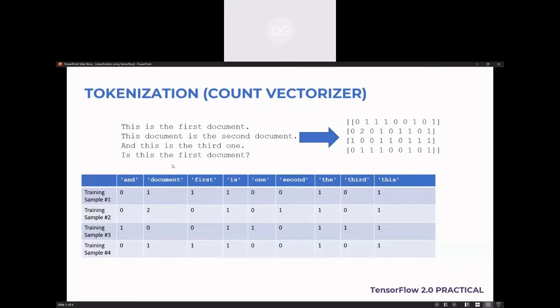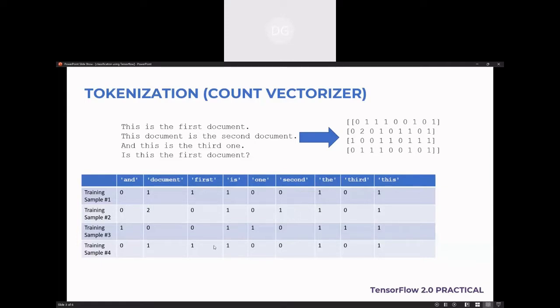Then it will go for the second sentence. So here again this is the document. Here the word is given two times, right? So it will add 2 to that particular value, and for the remaining it will give 0. If it exists it will give 1, multiple times means it will add the count, and for others it is going to be 0.